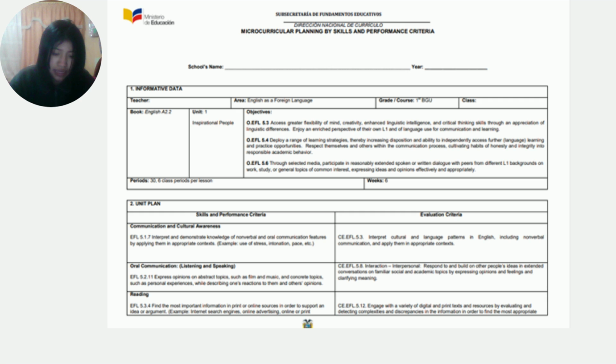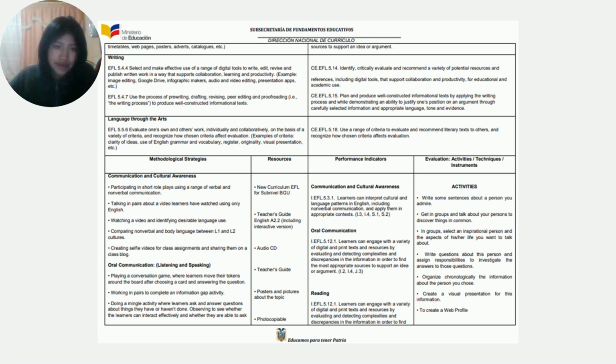We have as well the skills and performance criteria, evaluation criteria, the communication and cultural awareness, and oral communication, listening, and speaking. Okay, we have the writing, language through the arts, the methodological strategies, the resources, performance indicators, evaluation activities, techniques,